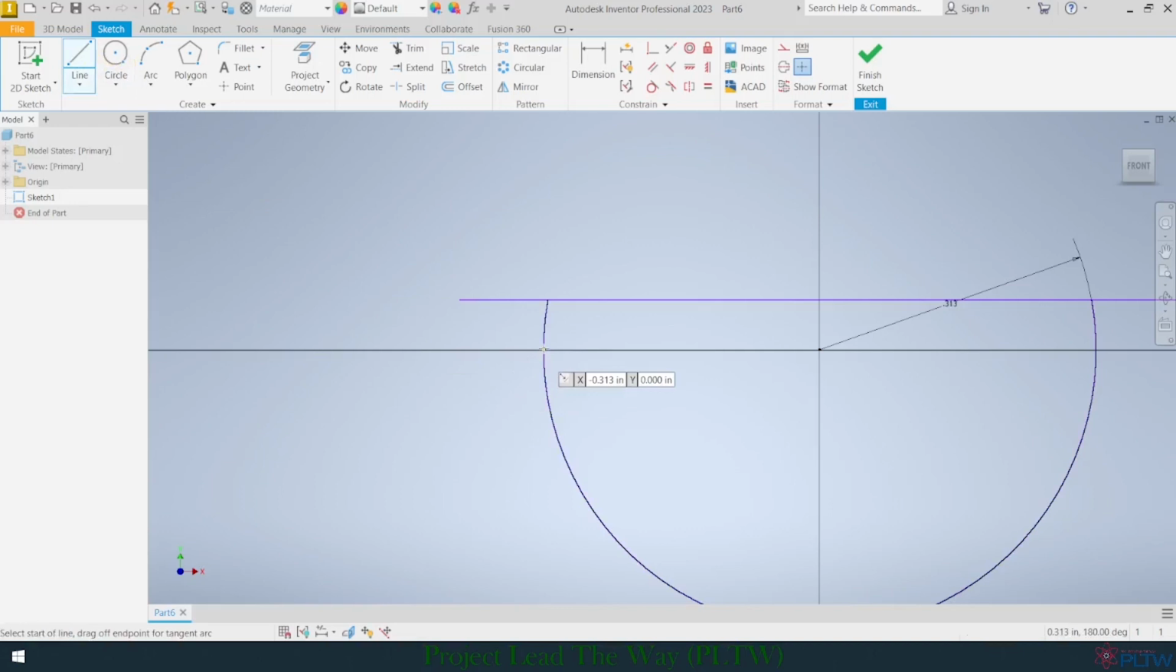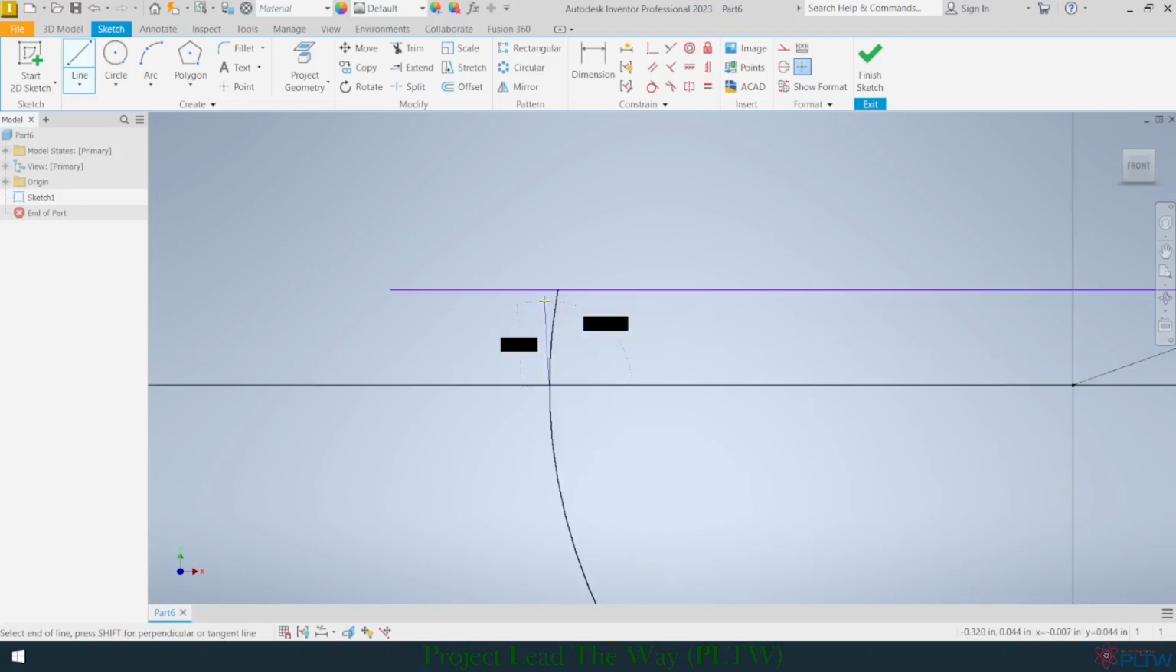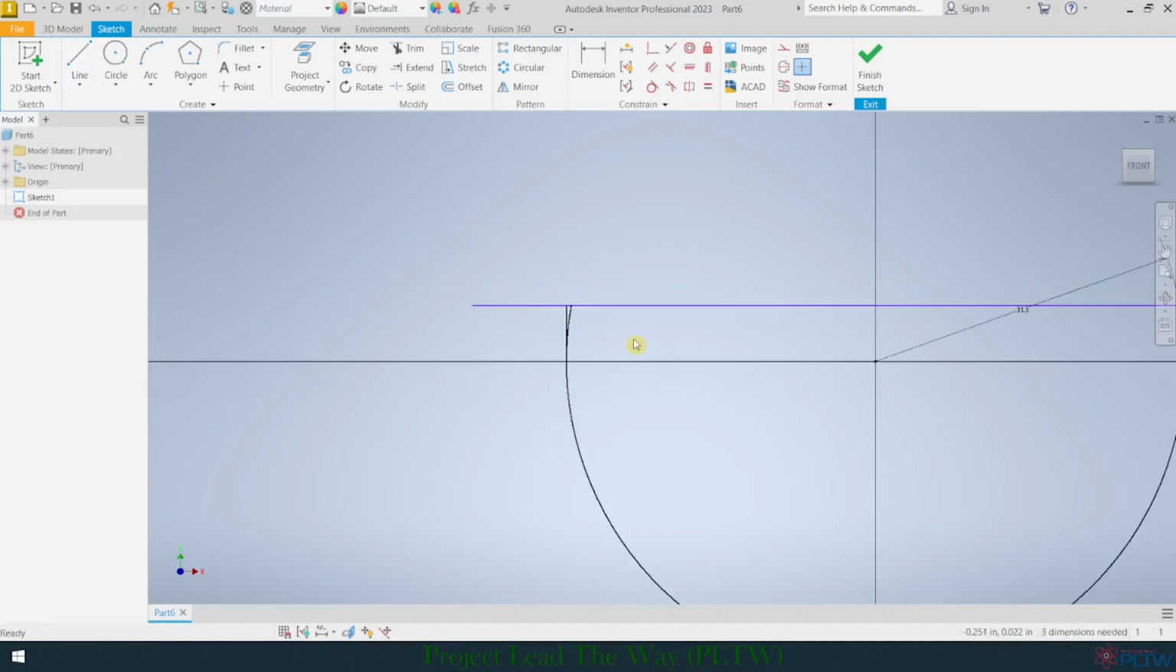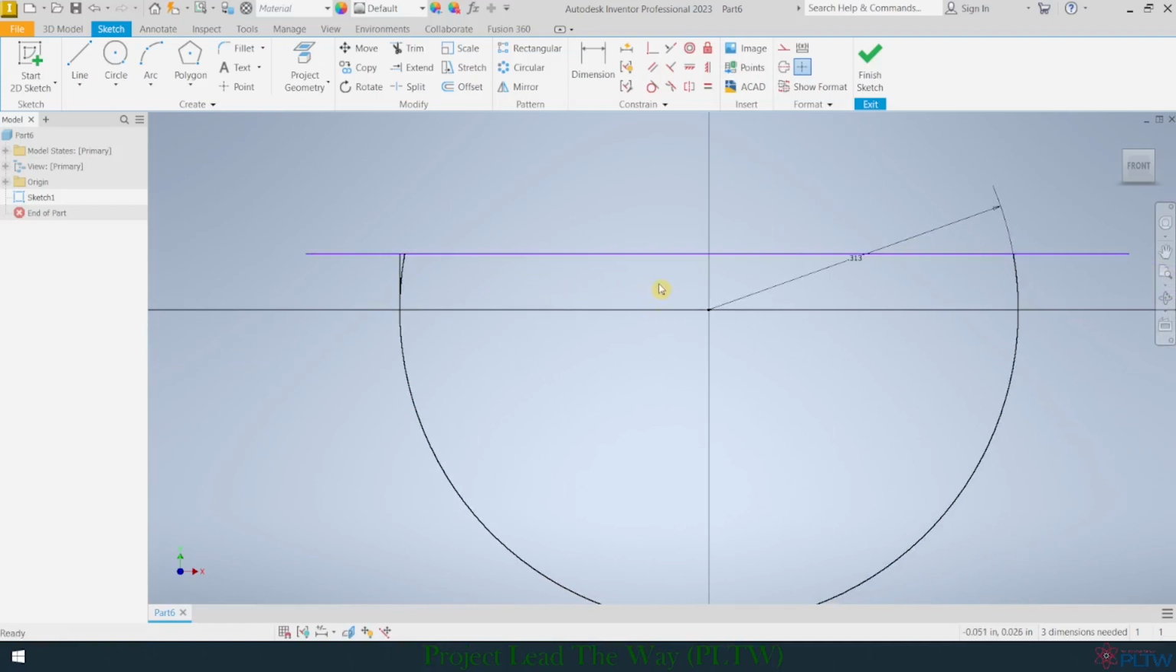Next, I'm going to go to this point right here of the circle. You should see a yellow dot. And I'm just going to simply draw a line that starts at this point, and I'm going to go straight up until I hit this line. You should notice yellow dots that let you know that your line is snapping to particular points